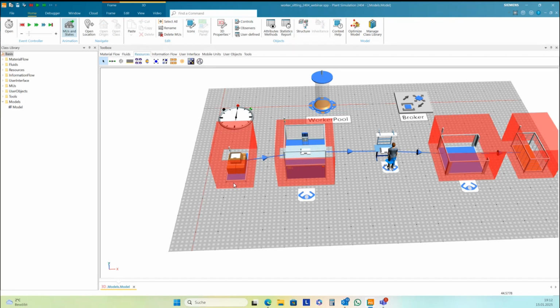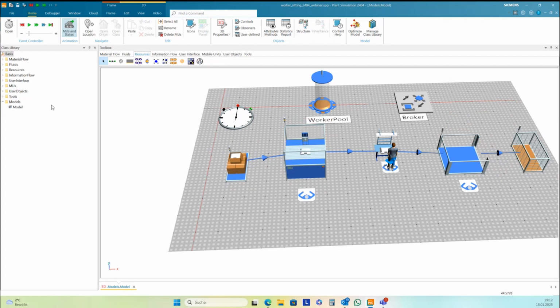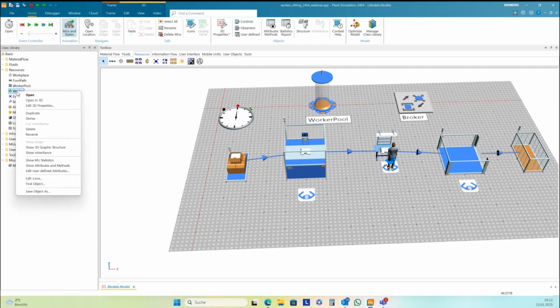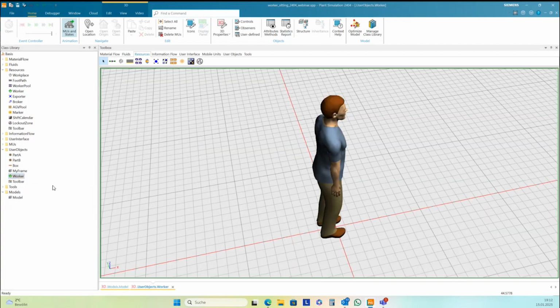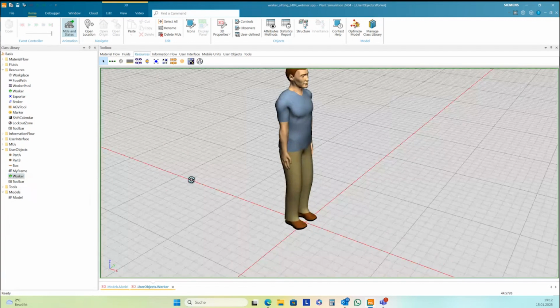And as a first step, duplicate the worker from the resource folder, and you get a worker then here in the user objects, and then open the worker in a new 3D window. Okay.